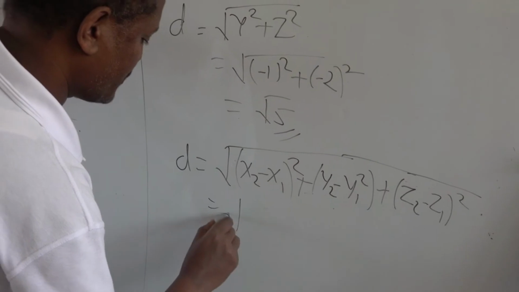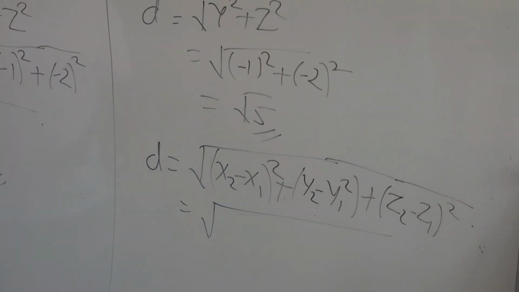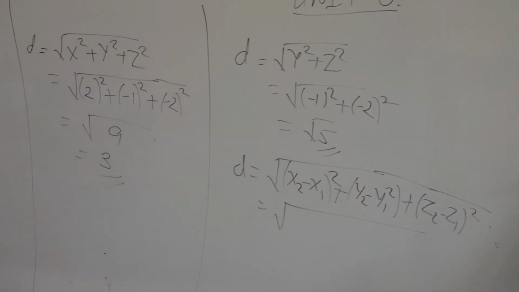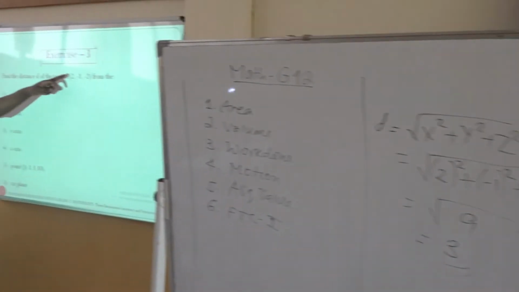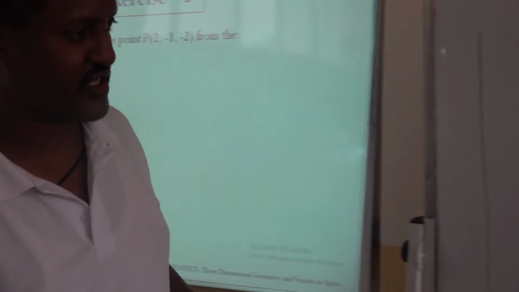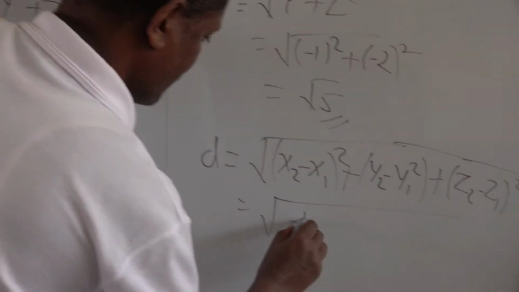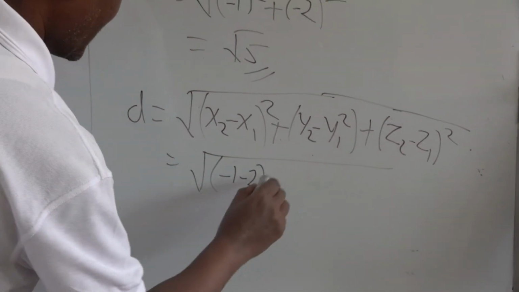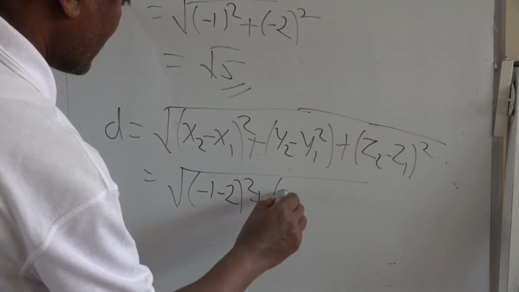Then after it will be a matter of substituting numbers in place of this. Now we'll have -1 minus 2,